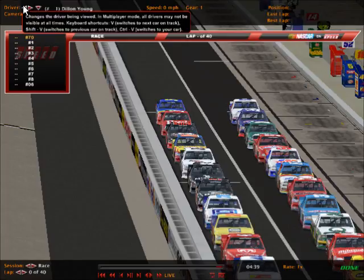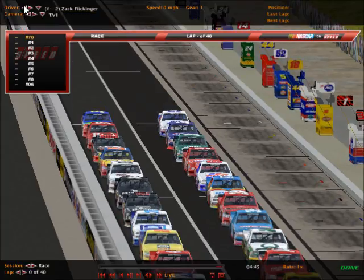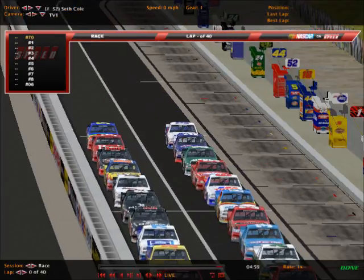Next row down has Matt Haas, the number 20 MB&A Chevrolet, and Dylan Young in the Die Hard Chevrolet number 1. Next row down has Zach Flickinger on the inside and the Team ASC certified Ford number 2. And flanking him will be William Brock in the 25 Budweiser Chevrolet. And then starting scratch and